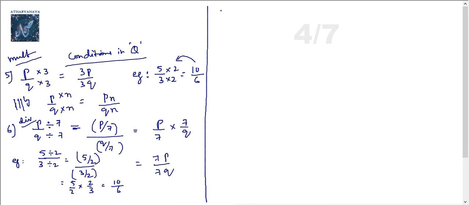Okay, and then one more rule we have is the standard form. As I always discuss, standard form is P by Q, where Q is not equal to 0 and the HCF of P comma Q should be 1. This is the standard form. I discussed this in the first session itself. Even now I have mentioned that if something is common, then it should be 1 for a rational number which is in standard form.